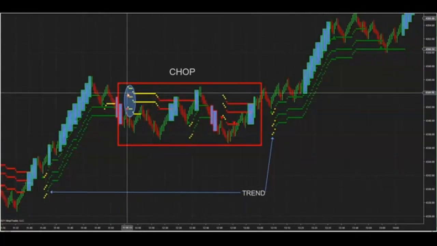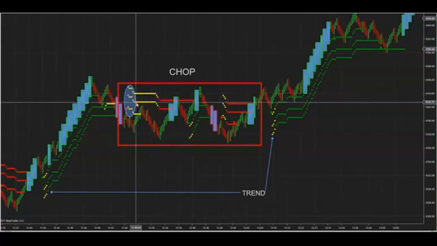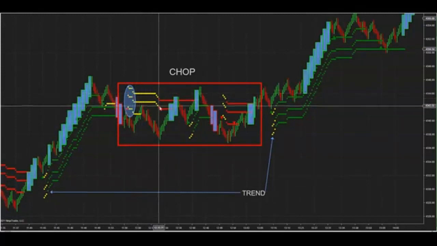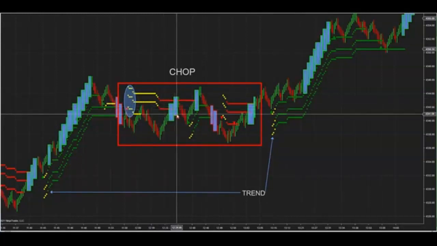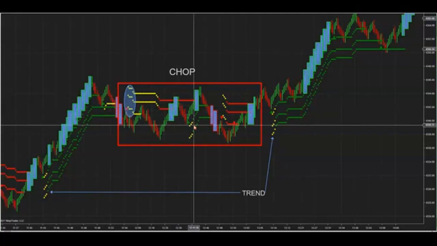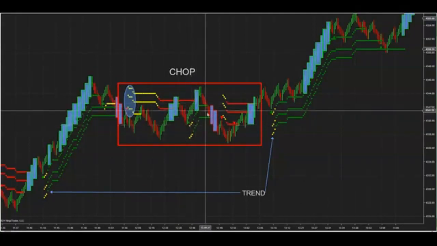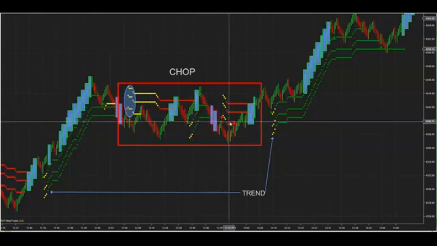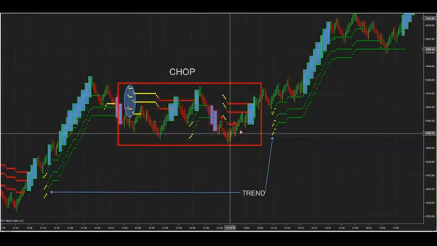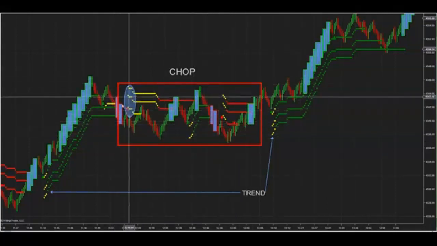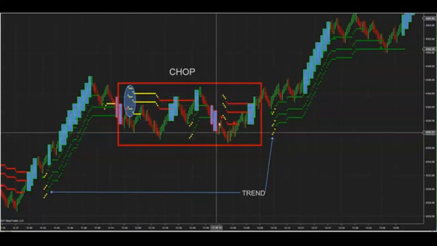So if you see yellow stair stepping down, yellow stair stepping down, yellow stair stepping down, and then it turns red, that's pretty much chop, unless you see 3 significant lower lows, which I do not. Same way here. If you see the same thing, you're just in chop mode. 3, and it goes sideways. You're not setting significant higher lows or lower highs. So you can see this happens a lot in between. This will happen in between that